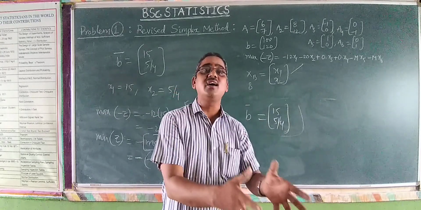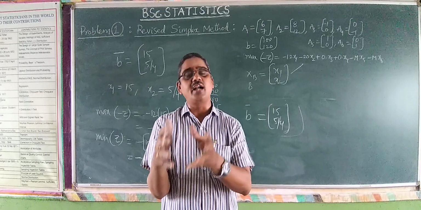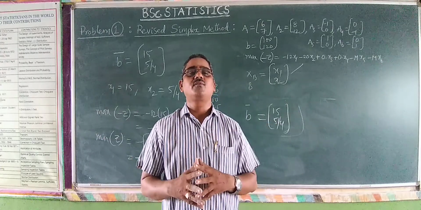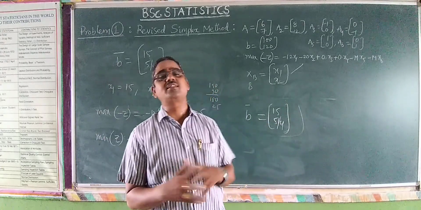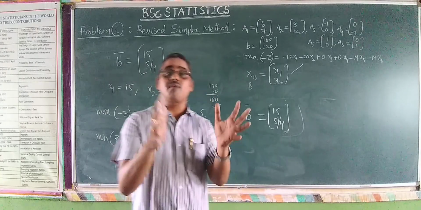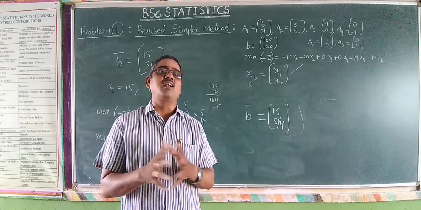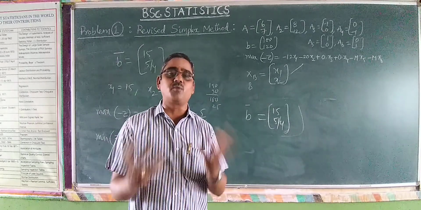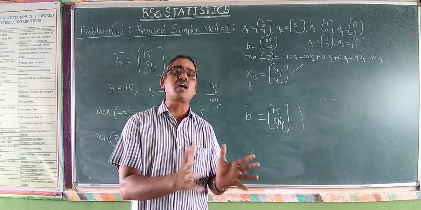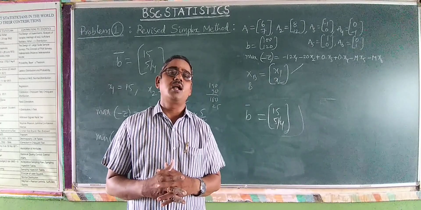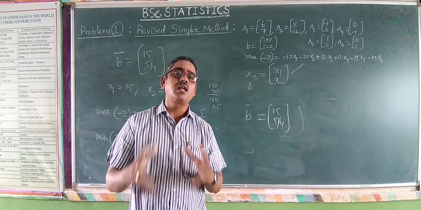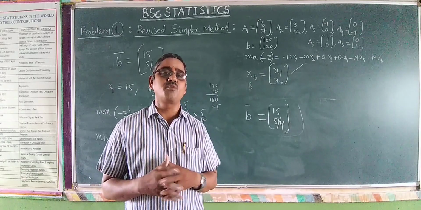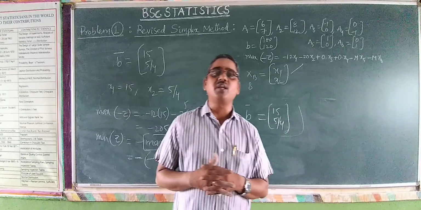So that you go to iteration 2 and then calculate all these again, so that the revised simplex method will be very easy. Remember that always use a calculator. Use the calculator for matrix multiplication, matrix inverse, etc. For all of these, use the calculator and learn how to calculate matrix inverse and matrix multiplication on the calculator. Hope you understand. This is the procedure of the revised simplex method. Thank you.